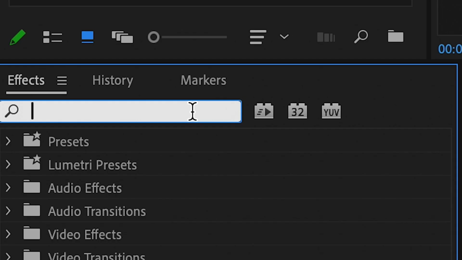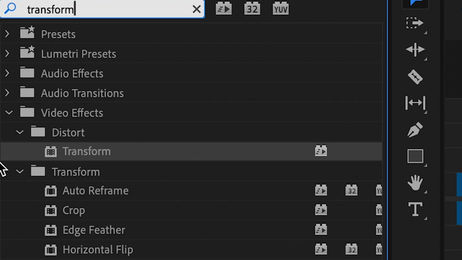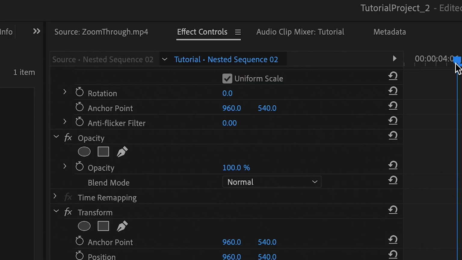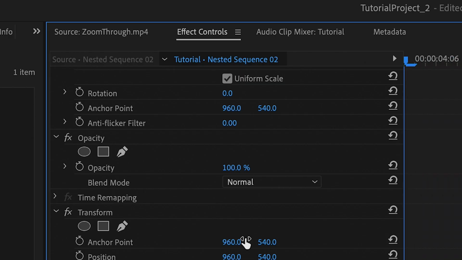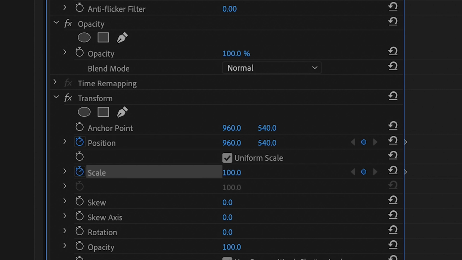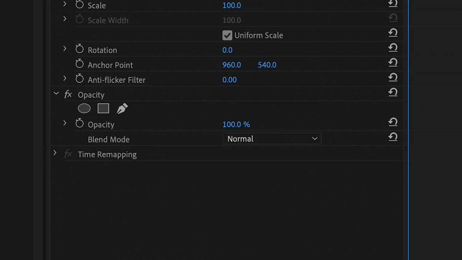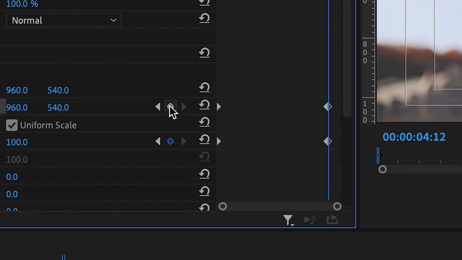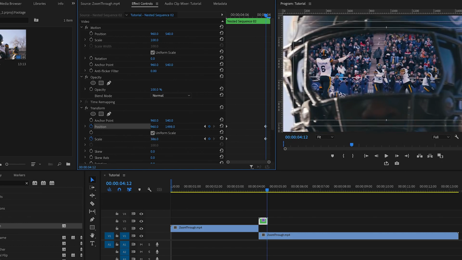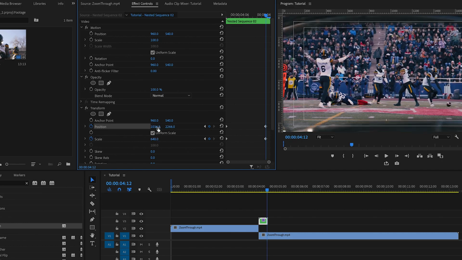In your effects folder, search for the transform effect and apply it to your duplicated clip. In the effect controls, under the transform function, make keyframes on the position and the scale at the beginning of the clip, and we're going to want to make keyframes at the end of the clip, and then we're going to just change the scale and the position of the duplicated clip so it zooms through the